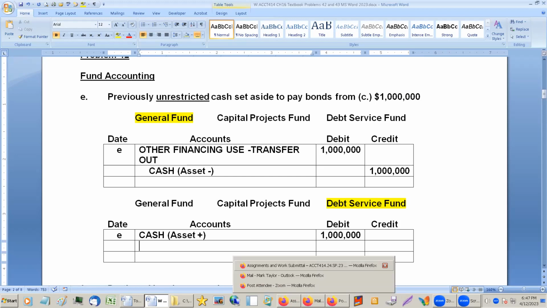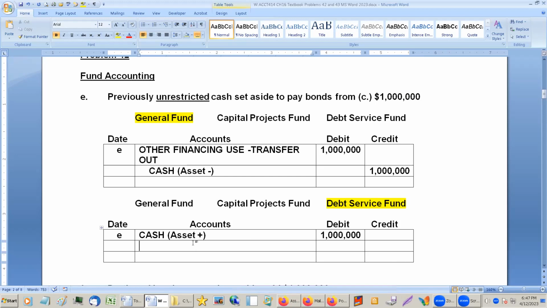Now, is this one gonna be vouchers payable, Professor? Nope. They're just getting that this money just showed up on their doorstep from the general fund. So for the general fund it is another financing use. What's it gonna be for the debt service fund? Other financing,